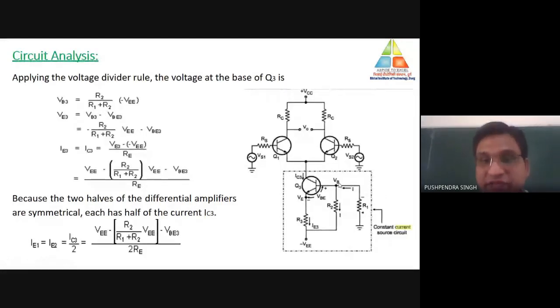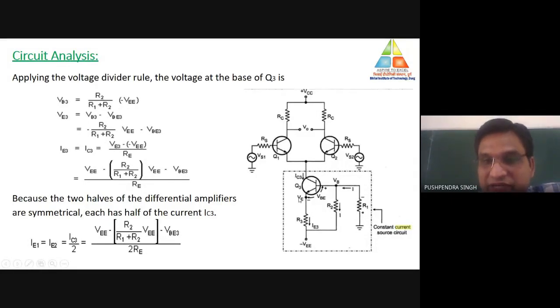What are we actually going to calculate here? We need to calculate the value of IE3, and this IE3 is nothing but IC3. Our main focus is to calculate the value of this IC3, which is nothing but IE3. And how can we calculate this IE3? IE3 is the current across this resistance R3. So what is the value of IE3? IE3 is equal to the emitter terminal voltage minus the negative supply voltage divided by R3, by which we may easily calculate the value of this IE3. That's why we are moving further with the help of this process.